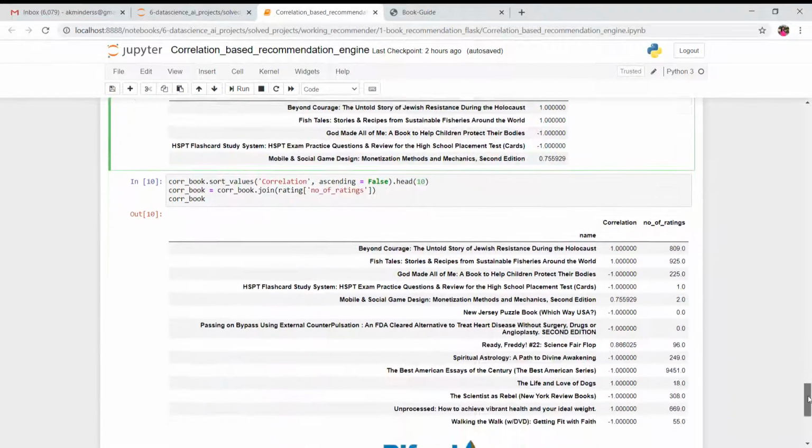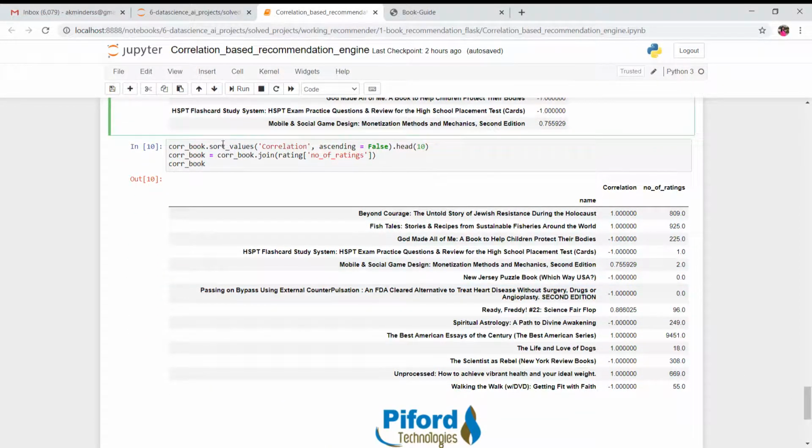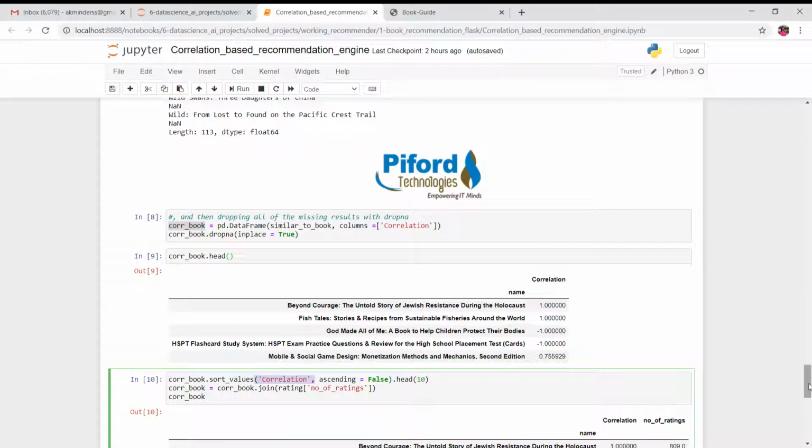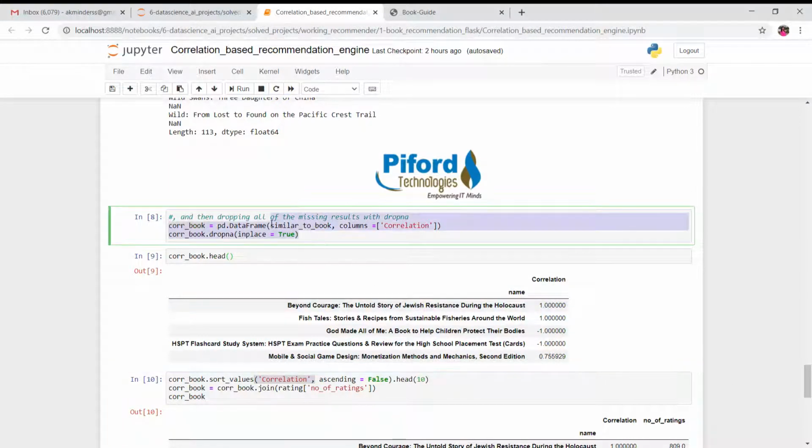Now when you see over here, we hadn't performed any ascending or descending order, right? So it is just showing me the first 5 records of the correlation. It is just showing the first few records of correlation. But what we want is to get the records which have the highest correlation.